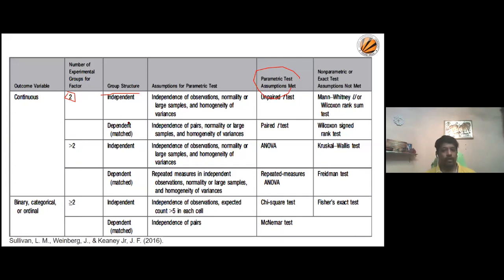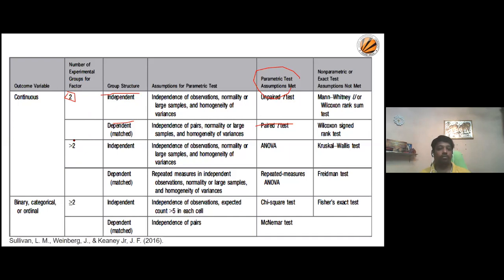Similarly, if you have two groups which are dependent because you assess the same pair, suppose I assess 100 people today for their fitness level, give some intervention for 3 weeks, and reassess them after 3 weeks. I want to compare the level of change in fitness. I'm going to use the same sample, so I'm going to use the paired t-test if it is normally distributed and meets all the assumptions related to the paired t-test. Otherwise, I'm going to use the Wilcoxon signed-rank test. All right, this is about only two groups.